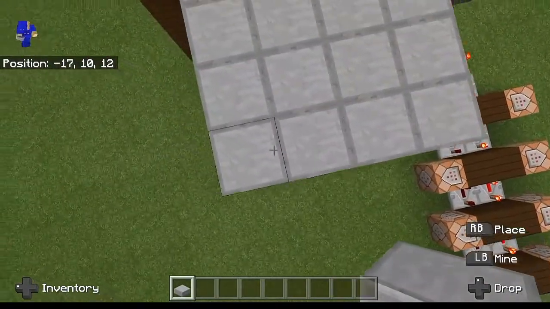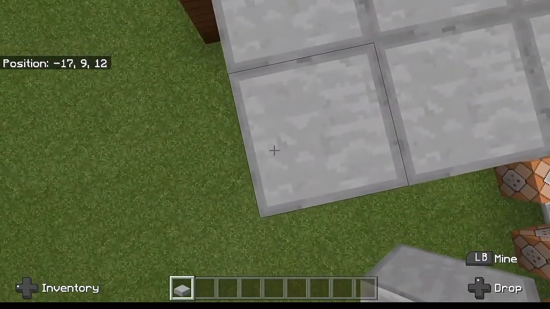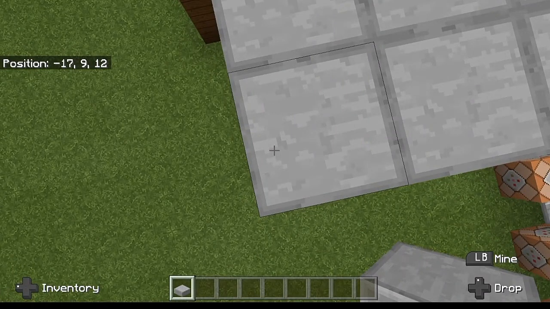So here's what you want to do. You want to come to this coordinate right here. We're going to write this coordinate down, but with a little bit of a stipulation. So we are at -17. Right now we are standing on a y coordinate of 9, and we want to move that down to 8 because we are currently standing on